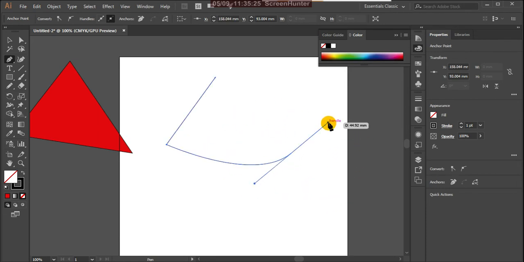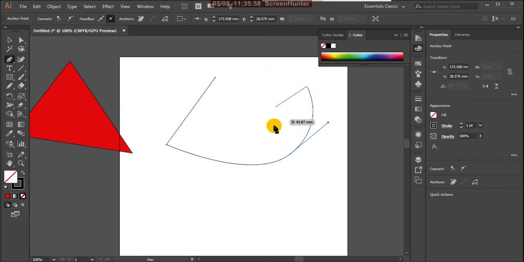Yes, good. Now see, this is not your anchor point, that is a handle. So this is 1, this is 2 and this is 3, this is the anchor point. So from there you have to start again. Because before the anchor you curved it, and here it is ready to give another curve. Click on that, the curve is there.